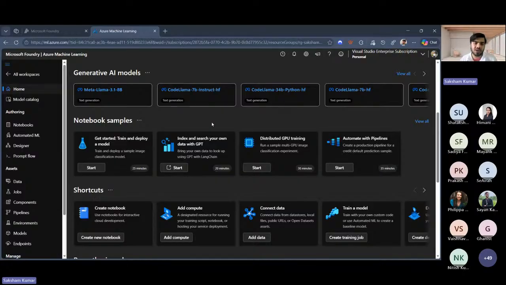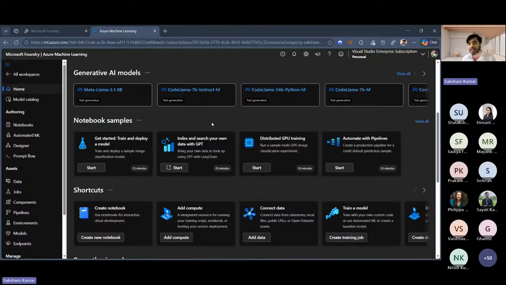The designer out here does the same thing, but using individual interactive models. Prompt flow does the same task. Data, if you want to maintain some data from which you can pull out question answering, that's data for you. We have jobs. We have components, which form the basic building blocks to perform specific tasks like data processing, image processing, model training. We have pipelines, which we will get into in later sessions.